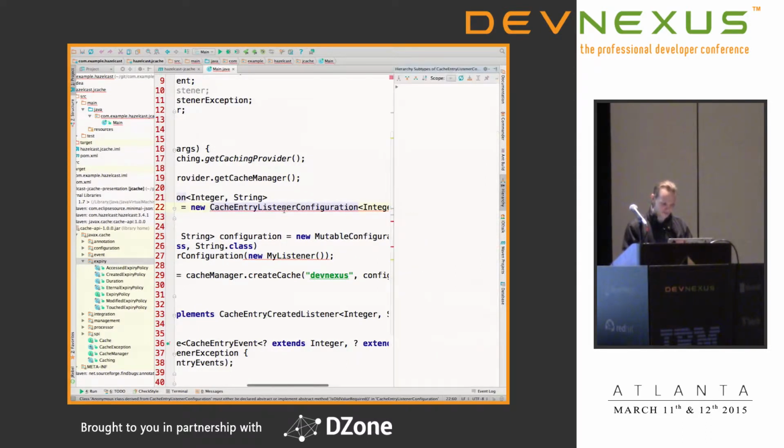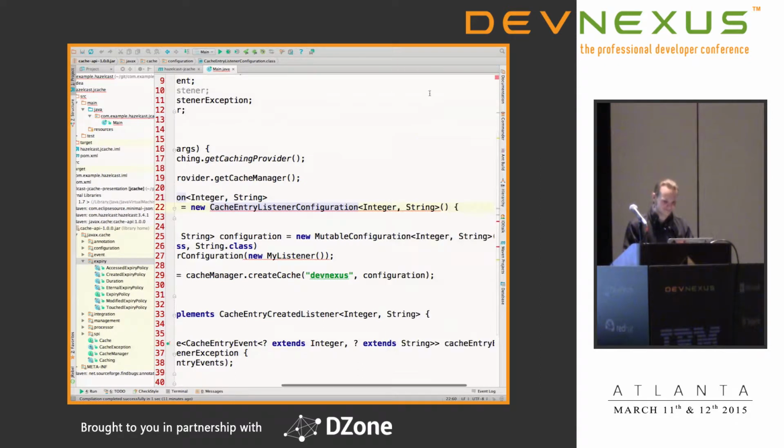What is a subclass? Also mutable, sure. It's mutable. I do not totally agree with everything in the spec, as you might recognize. Come on. So it's again mutable cache entry listener config, and then you set the factory, and the factory is factory of